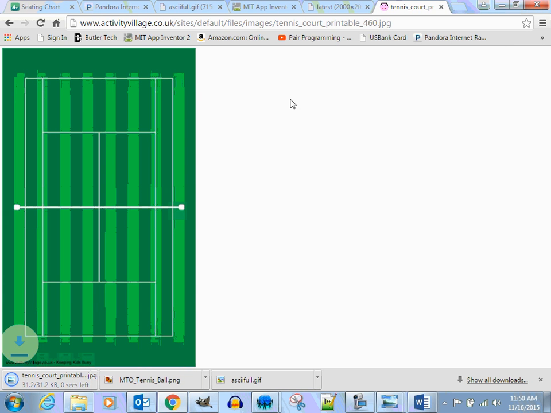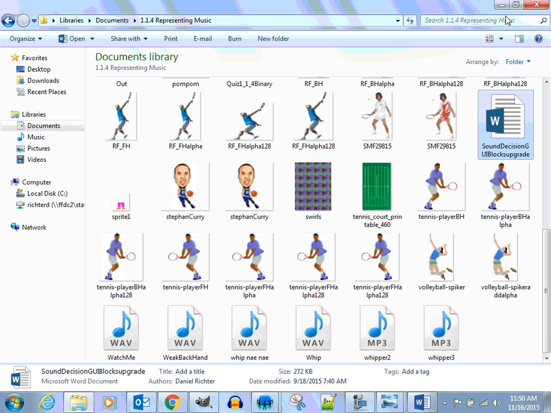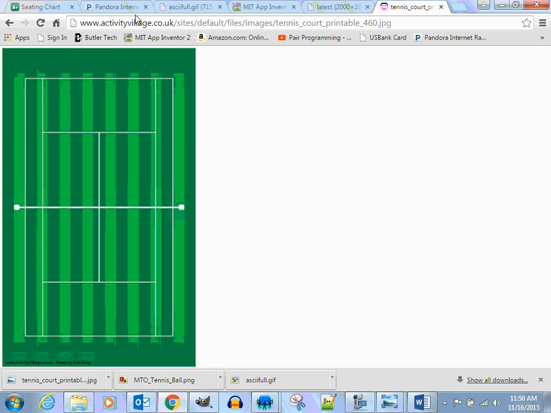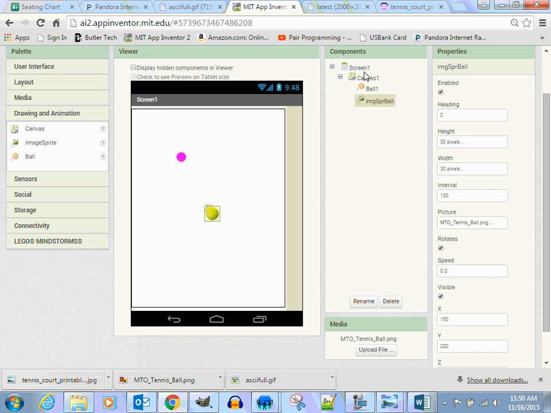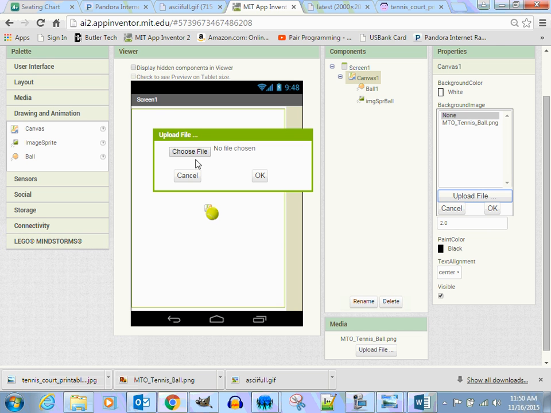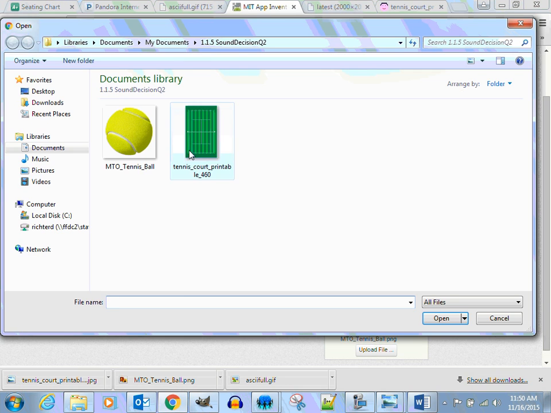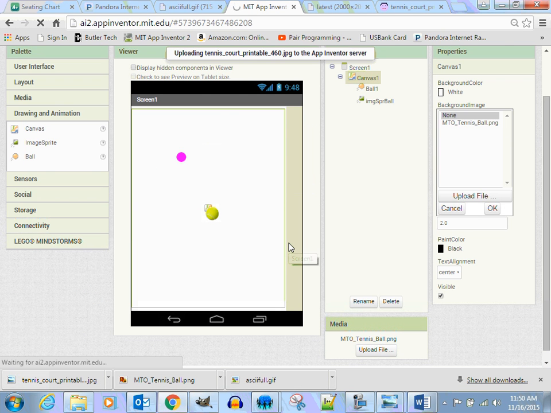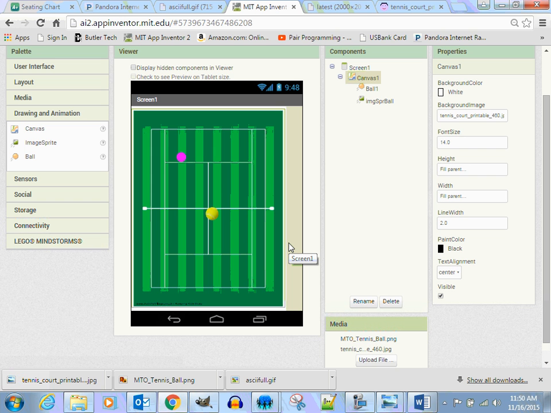I'm going to hit save, and then I go back to my MIT App Inventor. I'm going to go to Canvas, and on the back of my canvas, I'm going to upload my tennis court. And voila, there's my tennis court. Okay, so now what's going to happen is this ball is going to bounce around this tennis court, and when we hit the sides,